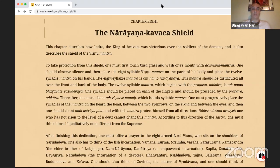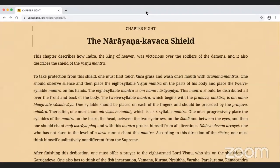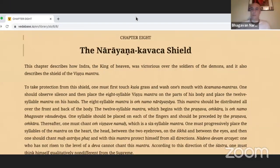Details, it creates a bit of a shield for protection. So, let me just see. I think